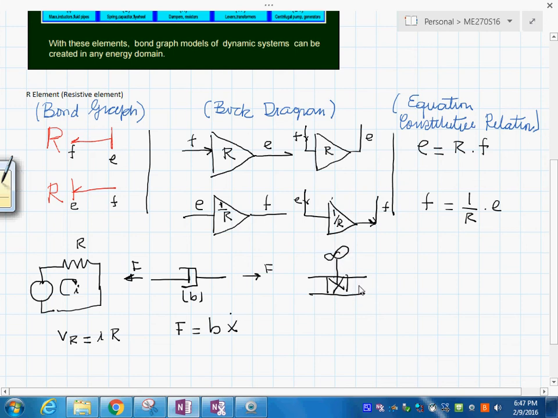And finally, if you put it in a rotational system, you have a torsional damper like this, where you have some angular velocity in here. And what you are saying is that the opposing torque is B in rotation times the angular velocity. So you see, this is your physical system, and then you have the bond graph, this is the block diagram, and the constitutive equations. So I'll just put a title in here that says physical system,